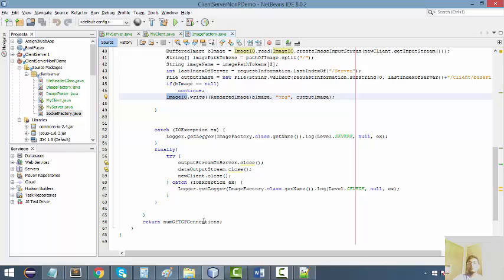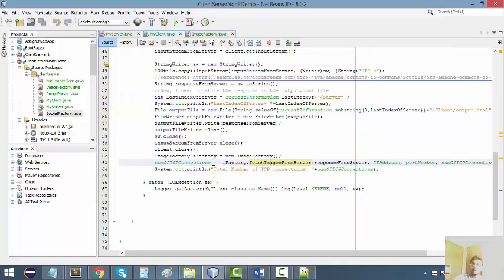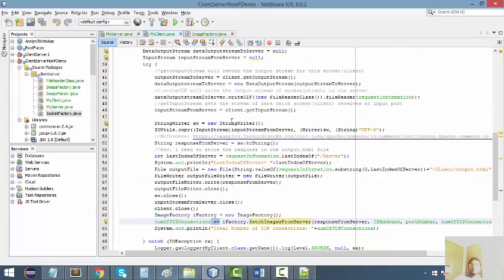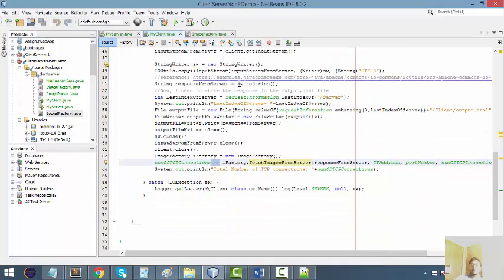So once that is done, it will return the number of TCP connections, which is one for every single image. So I have used the number of TCP connections plus equal to this. Every time it makes the call to this fetch images server method, it will increase the TCP connections by one. So the number of TCP connections should be equal to the number of images transferred from server to the client. So this is a typical example of